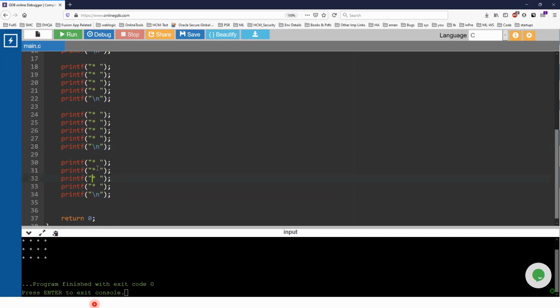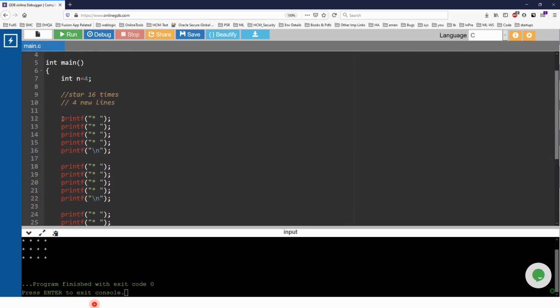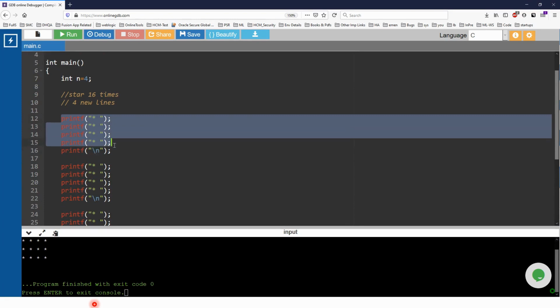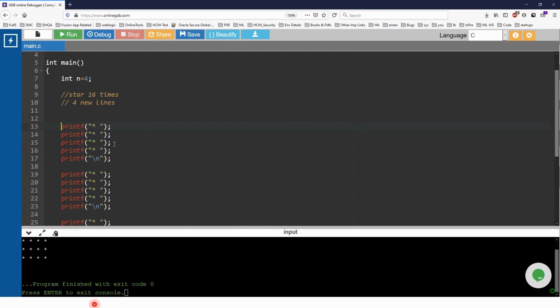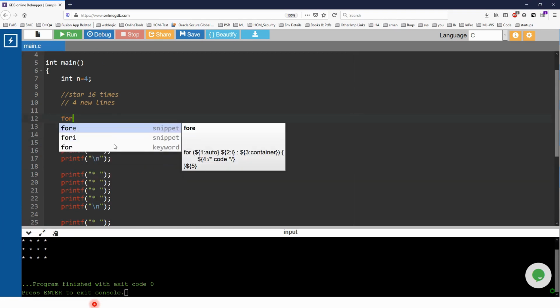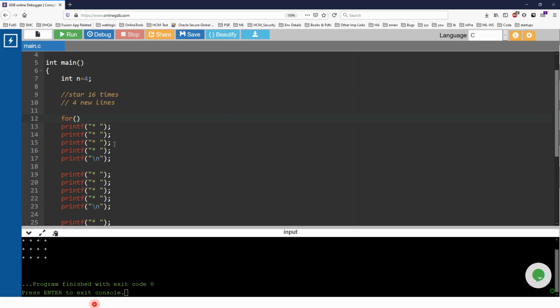But this is not a good way of writing code. If you observe, the first 4 statements are the same statement. You're trying to do the same task, right? That's the use of loops. Whenever you have a repetitive task and you're writing the same code, there we can introduce a loop. Let j equal to 1.